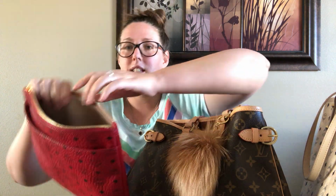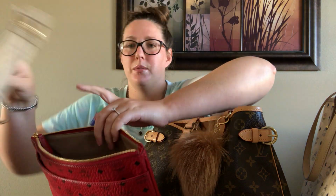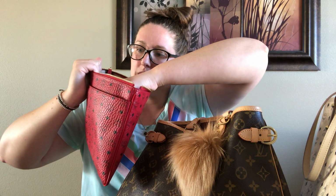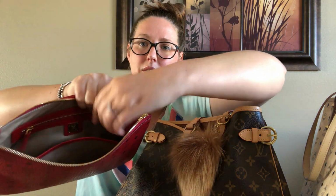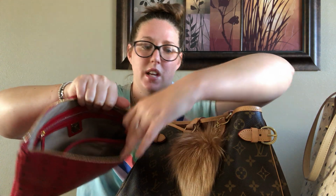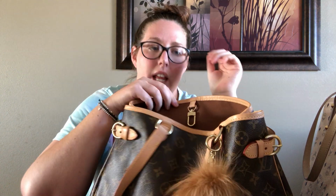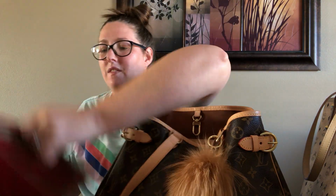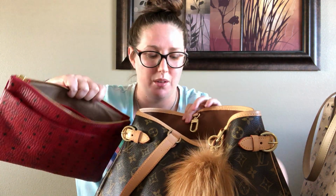And I'm going to compare linings. So there's two types of linings in the MCM. I have this one, which feels like a thick canvas lining that is super durable. And this one, it's more of a linen type of cloth material, more soft. And the lining on the Louis Vuitton is their typical textile brown thin lining. So if I'm going to go with the best lining, it's going to be the lining in the Anya with the thick canvas. And then if I were to compare these linings next to each other, I would